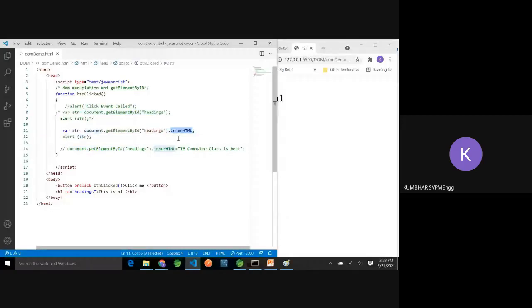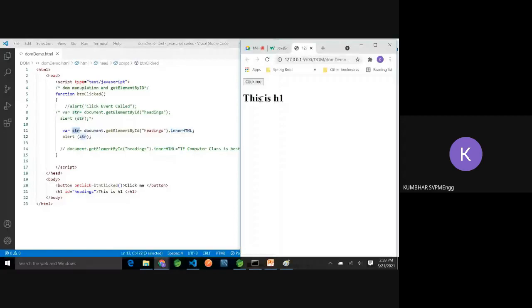Now this attribute, when I am saying that, is from the object point of view. And now this alert will print what you expected before. This is H1, because this is a text node which will be pointed to with the dot inner HTML attribute.